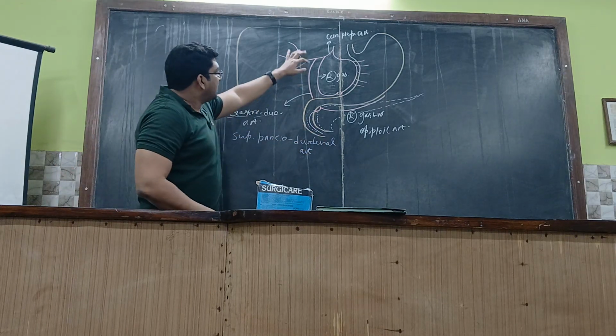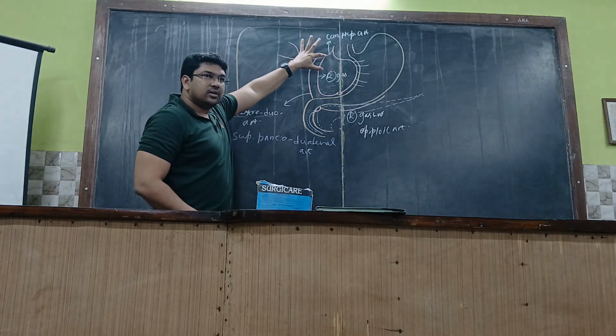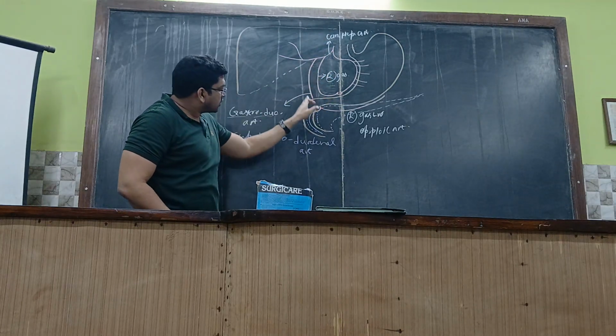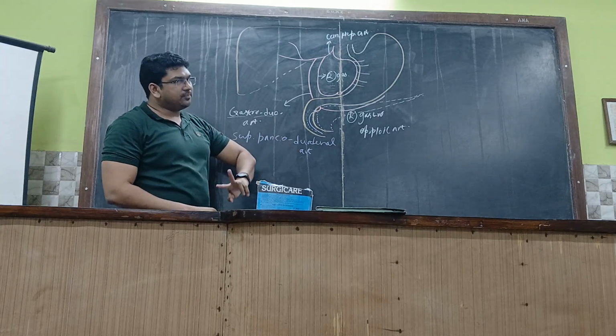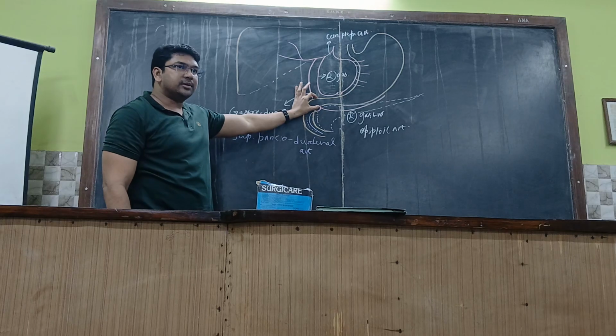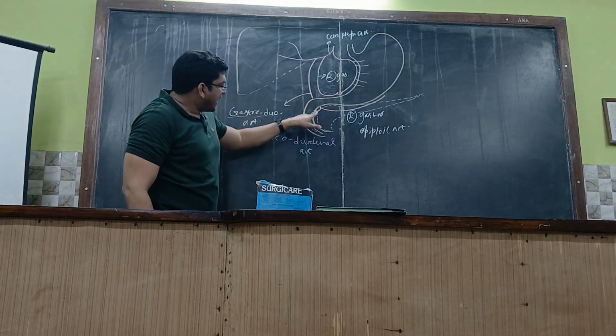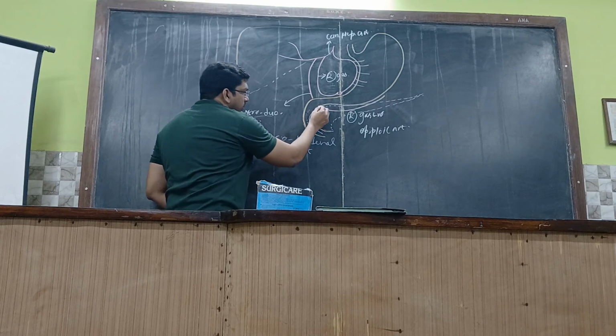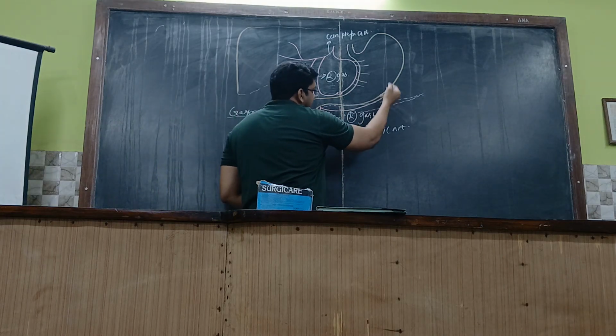Okay, try to understand. The common hepatic artery is giving rise to one gastric artery and one gastroduodenal artery, which is supplying both the duodenum and stomach as well. This will be going behind the first part of the duodenum and goes in between the pancreas and the duodenum, or the lower border of the duodenum, and gives rise to two branches. One is the right gastroepiploic